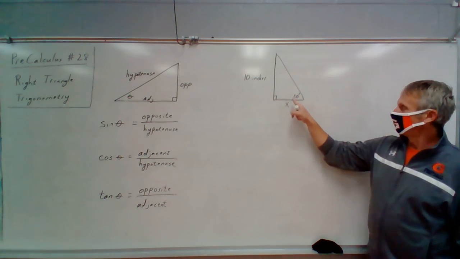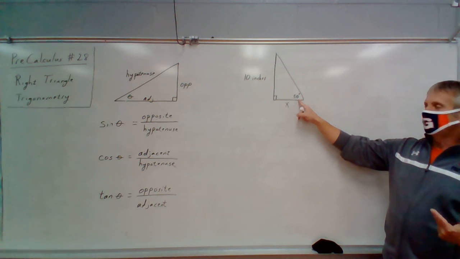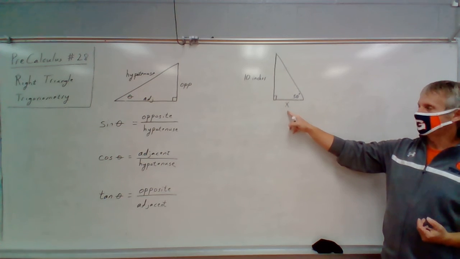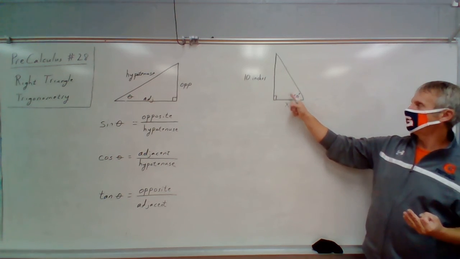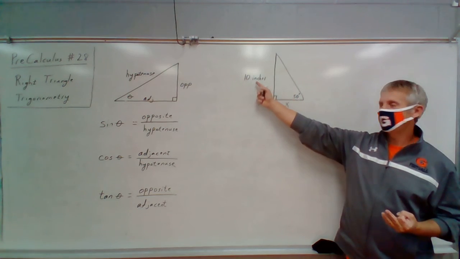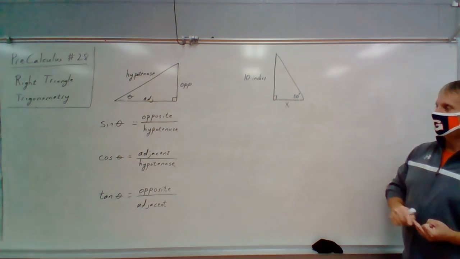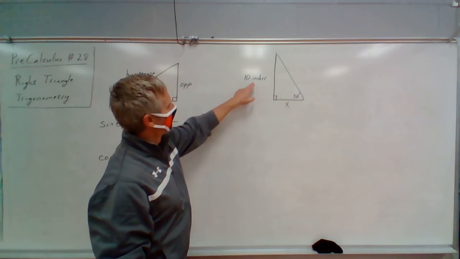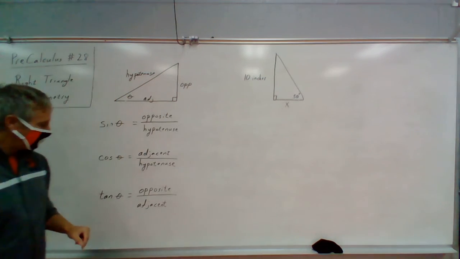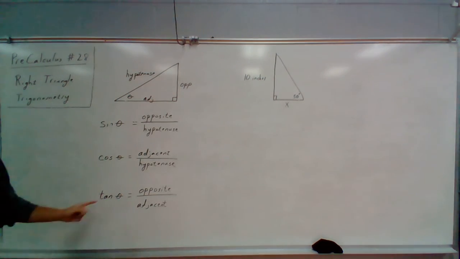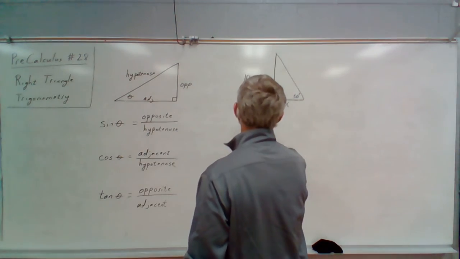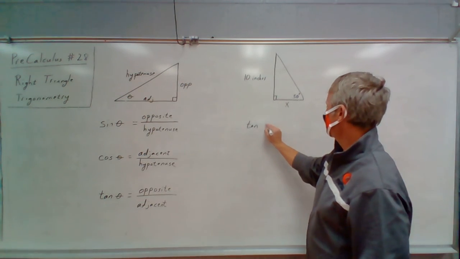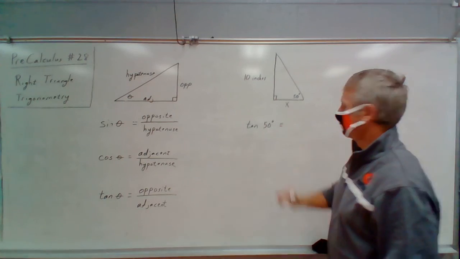All right, so how can we do that? So if we think about this angle, 50 degrees, what do we know? We know the opposite side. We want to know the adjacent side. So out of those three things, we know two of those. We know the angle and we know the opposite. We want to know the adjacent. Well, which one of our definitions involve the angle, the opposite side, and the adjacent side? Well, that's tangent. So let's use that. So the tangent, and my theta in this case will be 50 degrees. So the tangent of 50 degrees is equal to